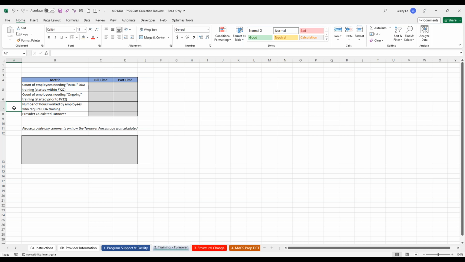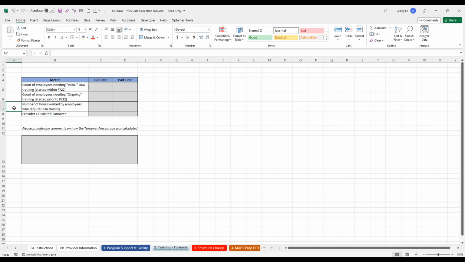And then row 7 is asking for the total number of hours worked in the year, because again, we're looking for that denominator. So we're looking to see if, for instance, on average, we know that a full-time employee works approximately 2,080 hours in a year.